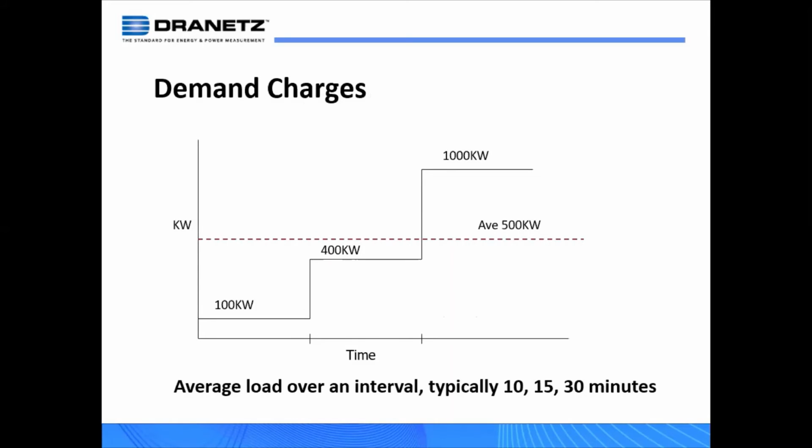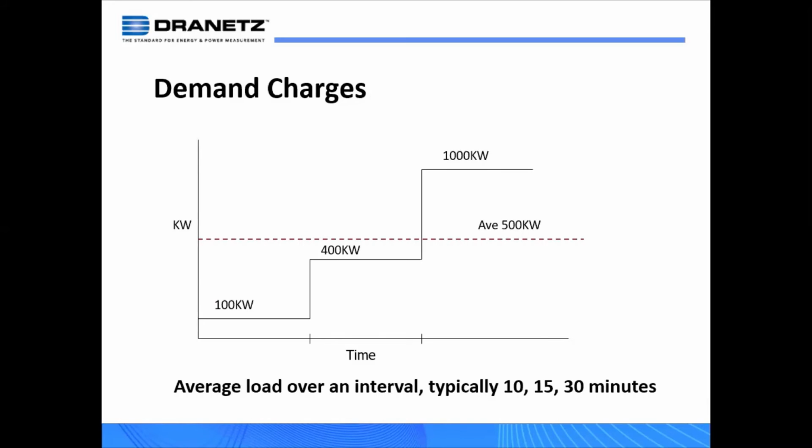Demand charges, and this is typically how a demand charge is calculated. Again, demand is basically active power. Some people call it instantaneous power. The technical term used is active power. So the active power is averaged over a specified interval. And again, here in the US, 15 minutes is the typical demand interval, but the interval might be different in other places of the world. But essentially how it works here,